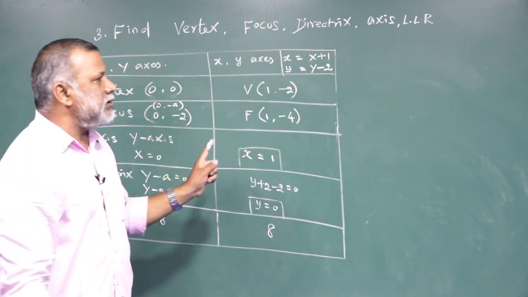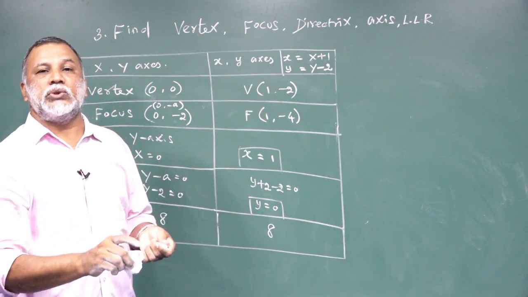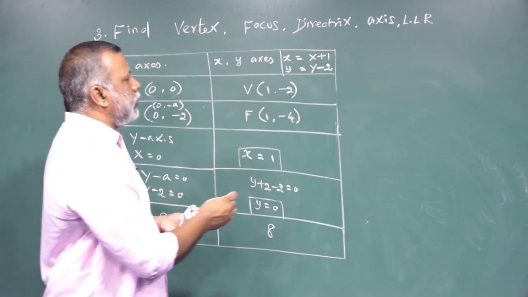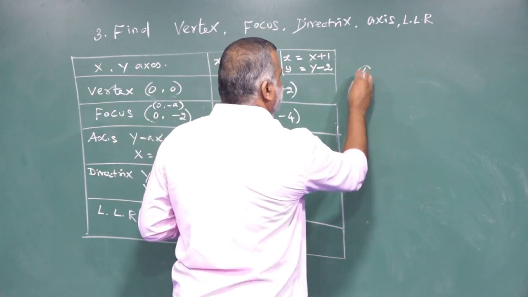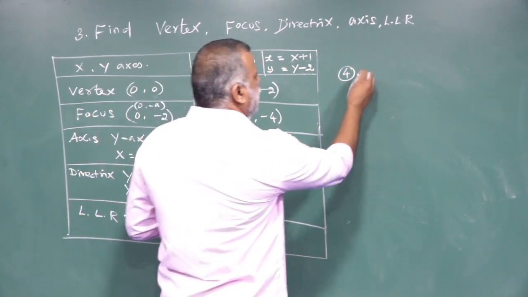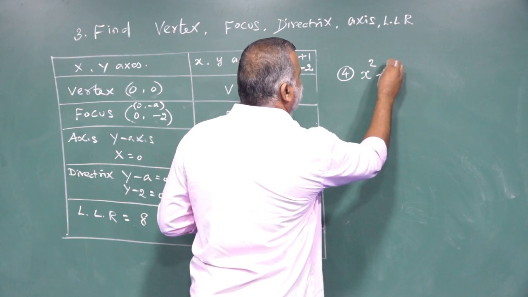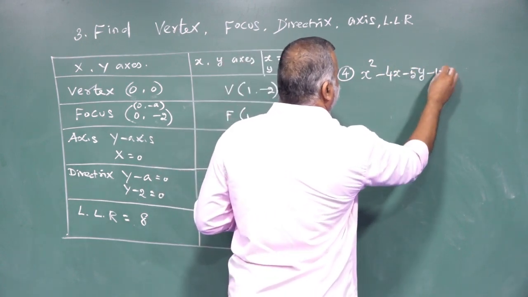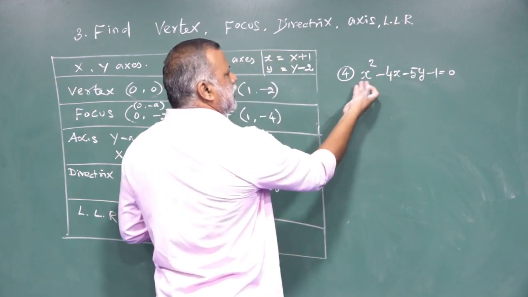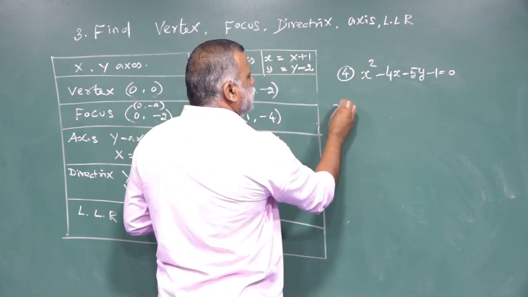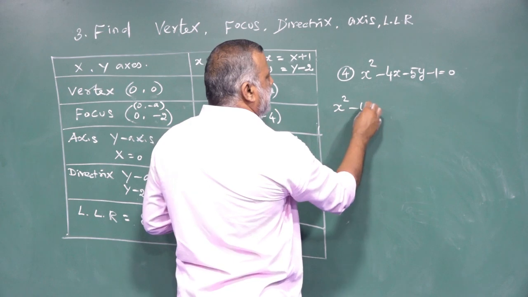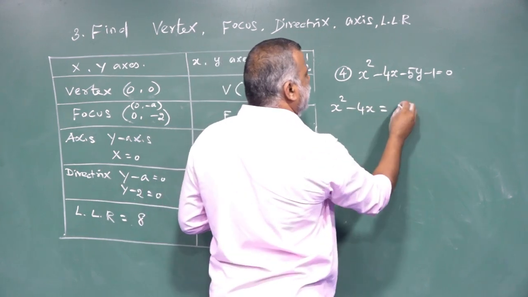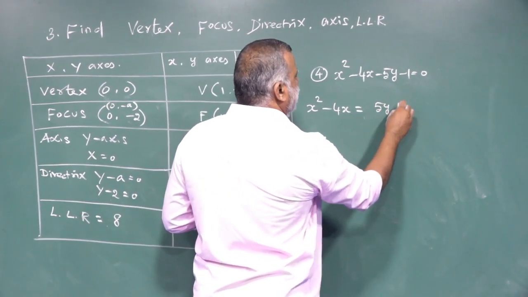With the help of this, the same model, you have to try the type number 4. One more homework I am just giving. See, this is question number 4: x squared minus 4x minus 5y minus 1 equal to 0. So here we are having the square family. So keep the x squared minus 4x on this side, convert the 5y to the other side, then positive